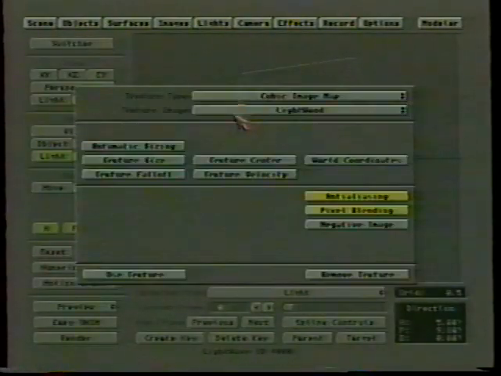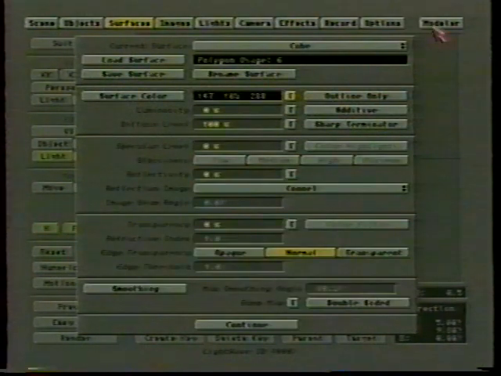Now, this works just great if you want the same image on all the sides. Otherwise, you're going to have to go in and change the texture name, change the surface name for each different side. So let's just go in and do that real quickly in Modeler, just to refresh your memory. What we need to do here is, let's say we wanted a different image on the side. Well, we'd go into Modeler,